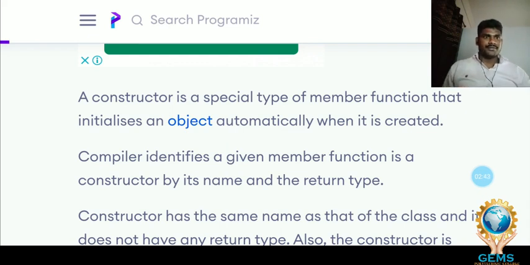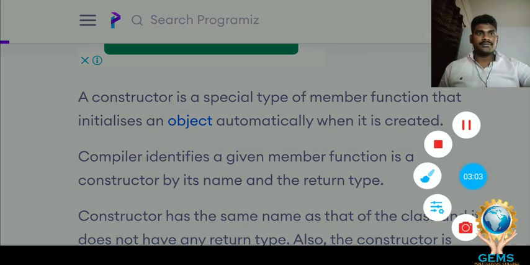I will show you. This is the way you create the object. So the constructor will work automatically when you create the object, and it initializes the object.